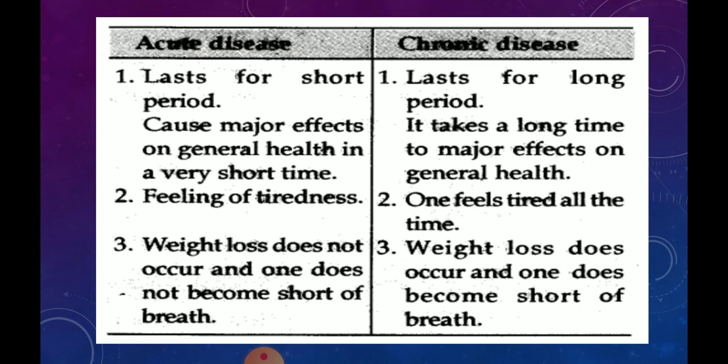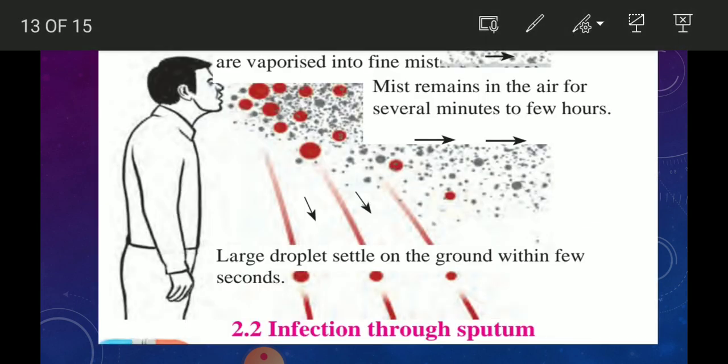So, acute disease and chronic disease. Acute disease lasts for a short period, and chronic disease for a long period. Their causes, their effects, whether they remain long term or short term, whether they take away our energy or cause weight loss, all those things are known. Further, we will go to